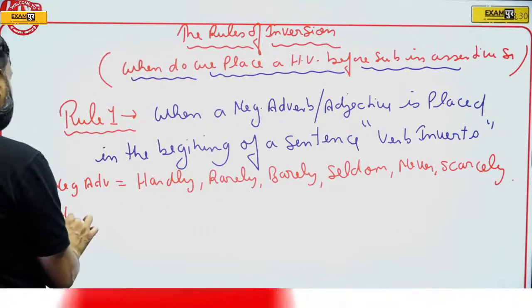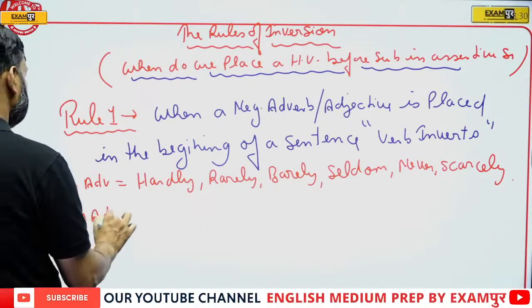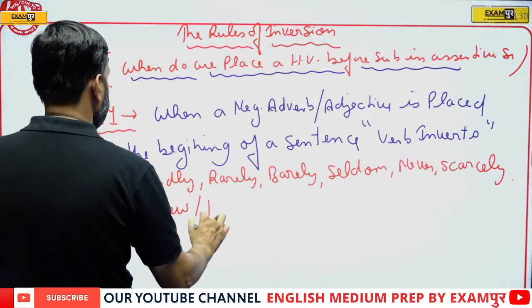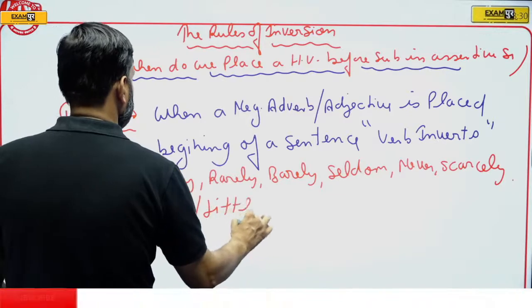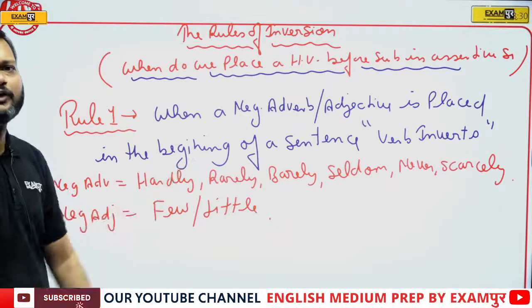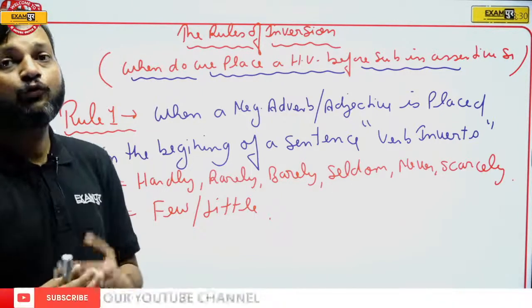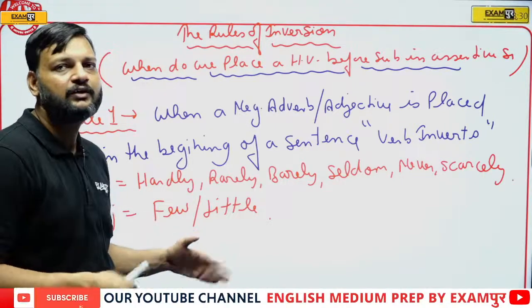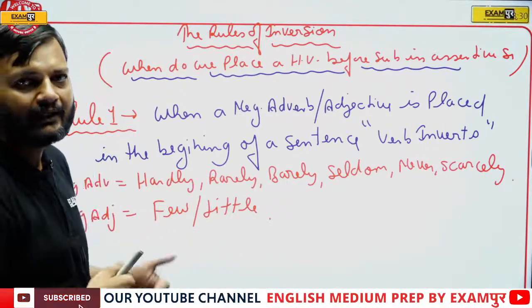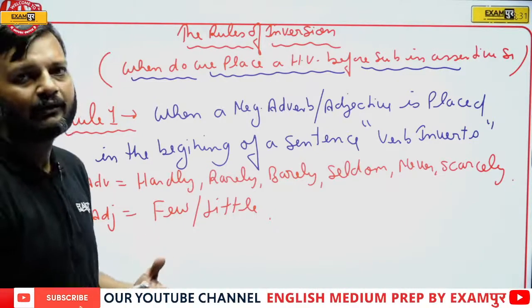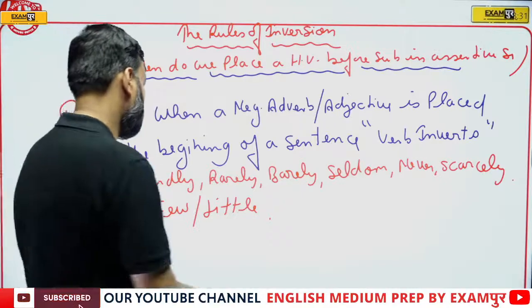And negative adjectives are few and little. These are negative adjectives. Okay. So if any sentence starts with these words, it will be an inverted assertive sentence. For example,